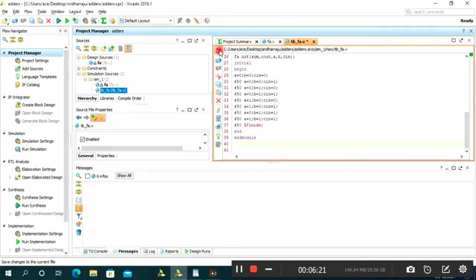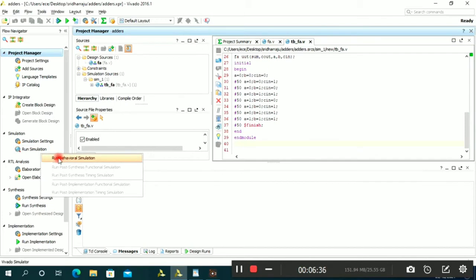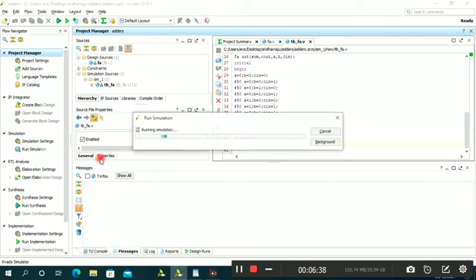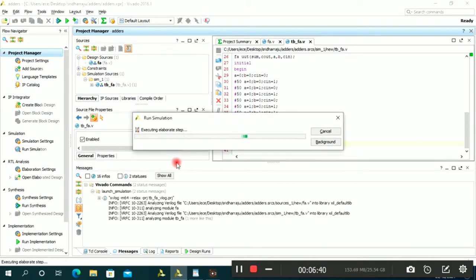Now you just save it. The green color came and it shows zero warnings, zero errors. Now you simulate. Click on run simulation, then run behavioral simulation. The simulation is going to run.